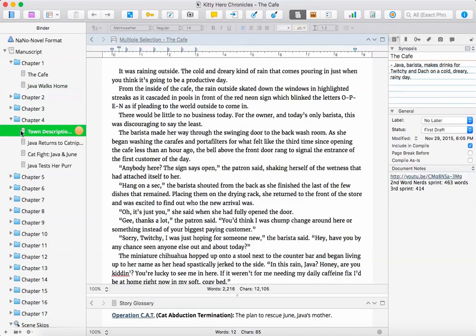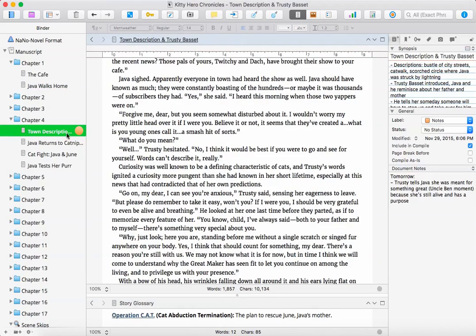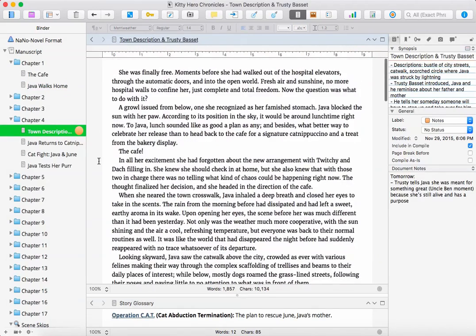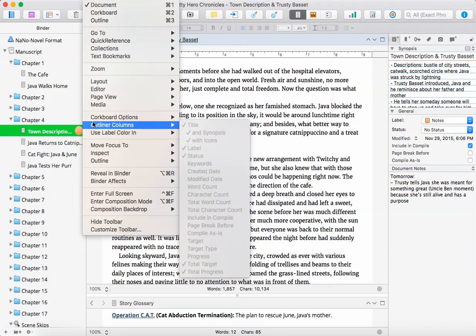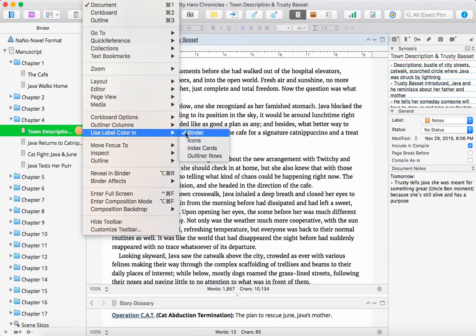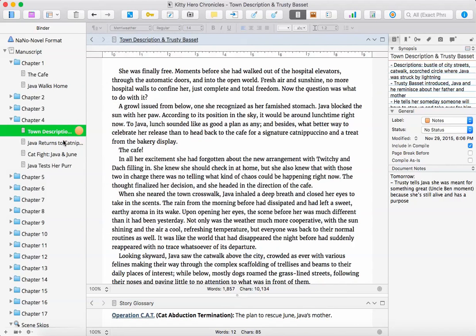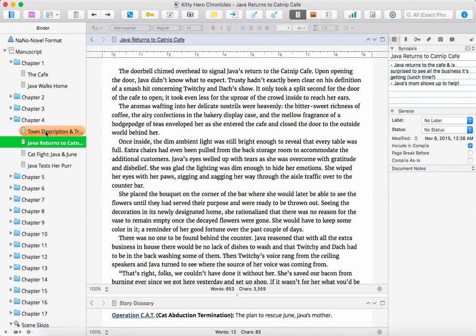Okay, so one thing that I do to help me write and to help me know what's going on is, if I go to View and use Label Color In, and select the binder, it's available in this binder over here. You see that while I'm on it, there's a circle here, and when I get off of it, the whole thing is highlighted. Now this helps me see visually